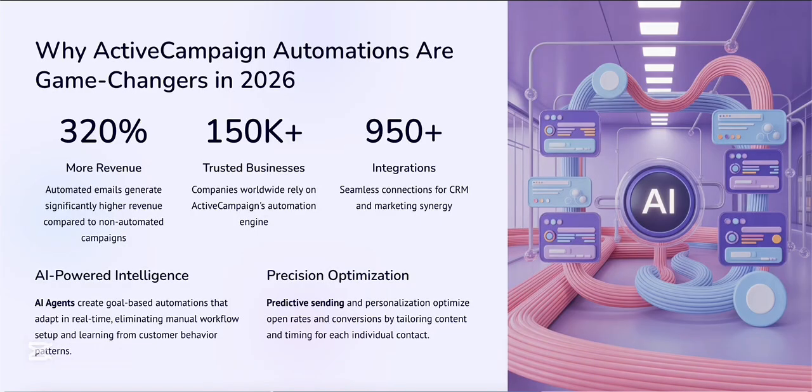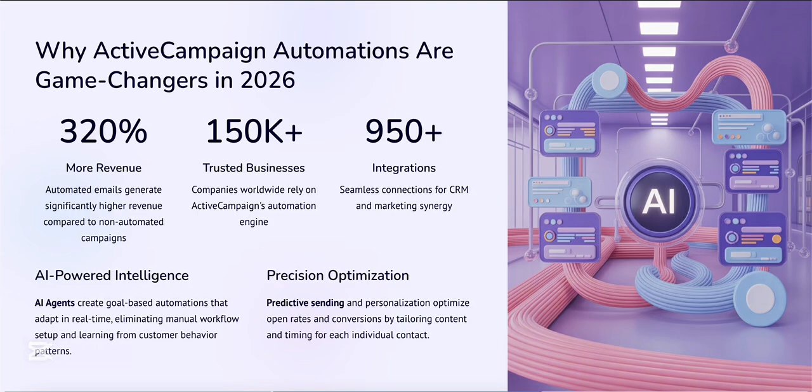Now create automated email journeys. For example, a 7-day welcome sequence that introduces your brand and product, an education series for new customers, a reactivation flow for inactive subscribers, a cart abandonment automation that sends reminders with dynamic discounts. ActiveCampaign's AI writes subject lines, analyzes engagement windows, and automatically optimizes send times so your emails land when your audience